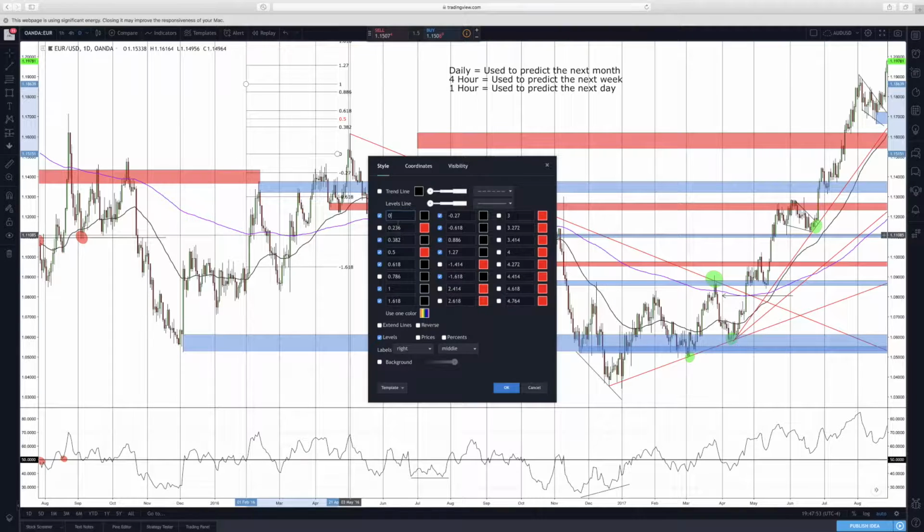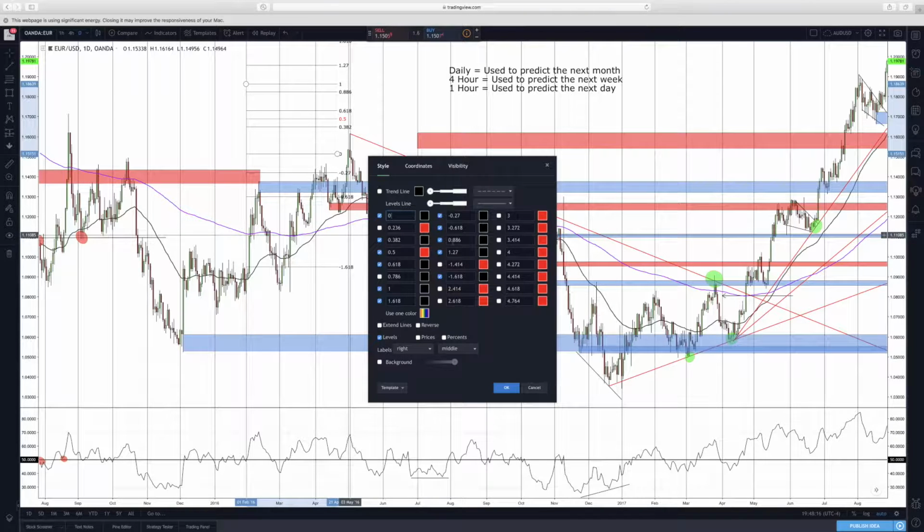And then right on the style, you're going to see these ratios. So you're going to check mark the ones we're going to be using. Some of these will already be check marked. Basically, what I have check marked is the 0, the 0.382, the 0.5, the 0.618, the 1, 1.618, negative 0.27, negative 0.618,